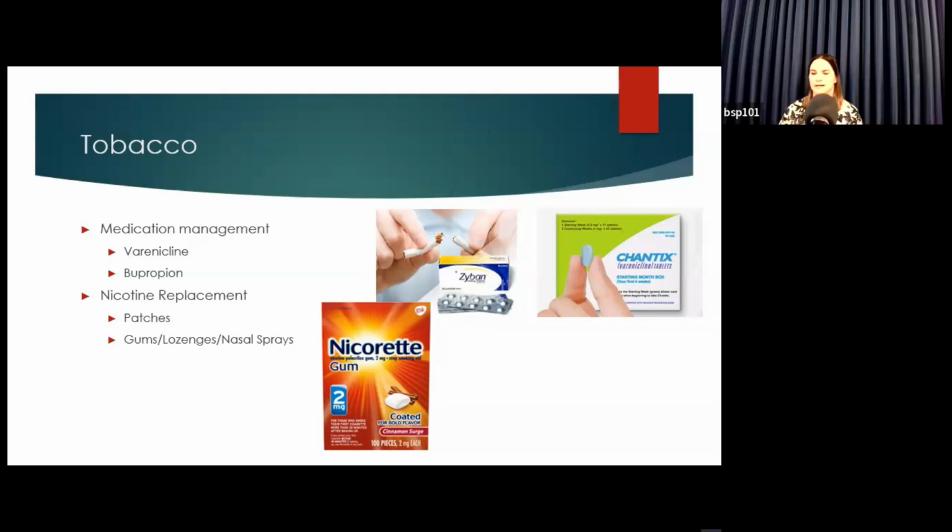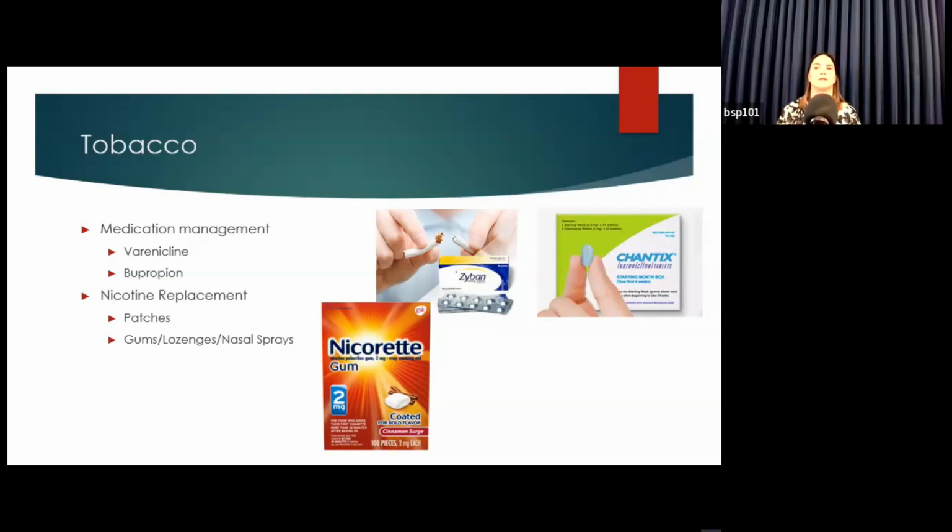If somebody tells you they smoke a pack a day, start with a 21 milligram patch. If they're still experiencing a lot of cravings and withdrawal and they feel awful, slap another 7 milligram patch on them. You can do this in the hospital, you can do this in your clinic, but try to get them onto a good regimen. The other thing is it's recommended to not just use the patch, but to also have breakthrough treatment.